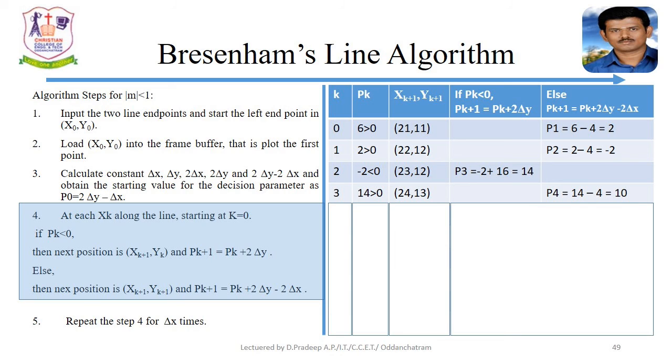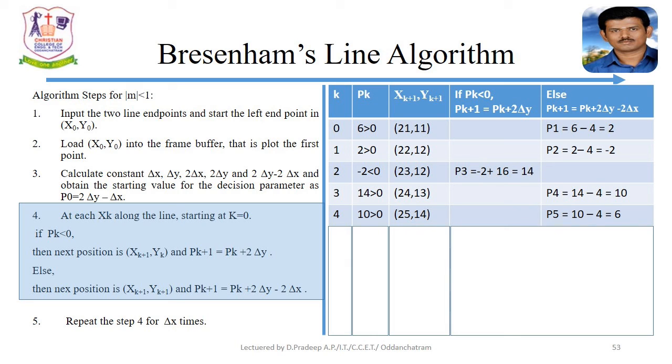and the p4 is calculated as 10, so the 10 is greater than 0, so the x and y coordinates are increased by 1, so 25 comma 14 is the next position, and the p5 is calculated as 6, so 6 is greater than 0, so the next position is 26 comma 15. Next decision parameter is calculated, p6. P6 is equal to 2,